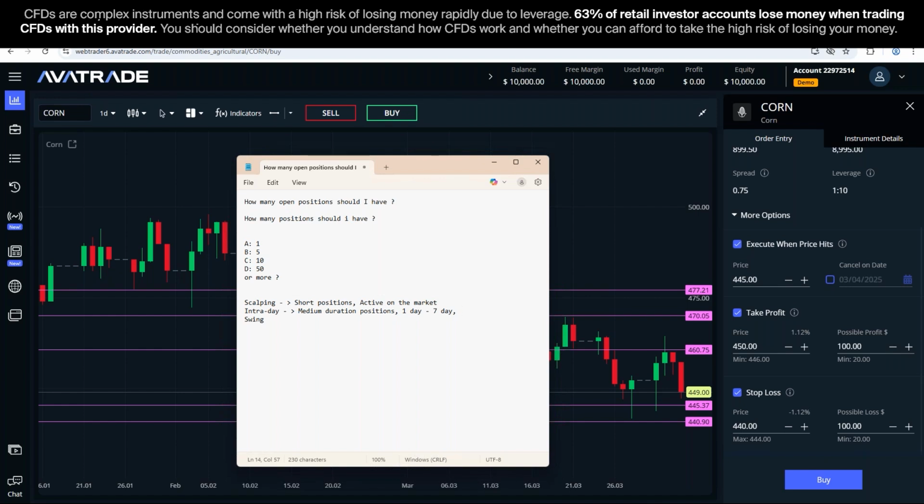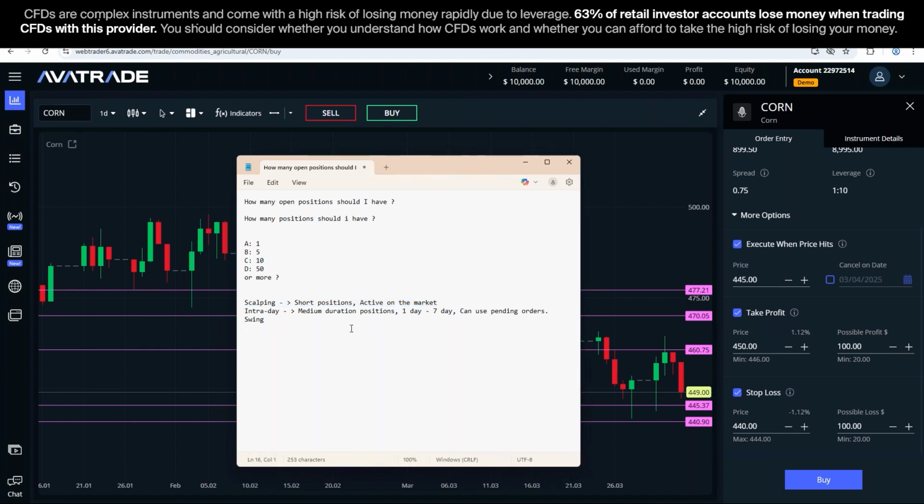Active on the market. I can use pending orders. Again, I can also use pending orders with scalping, okay? It's also an option. But in scalping, I would typically